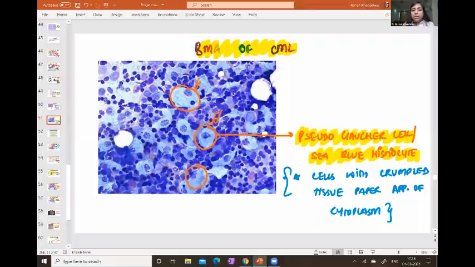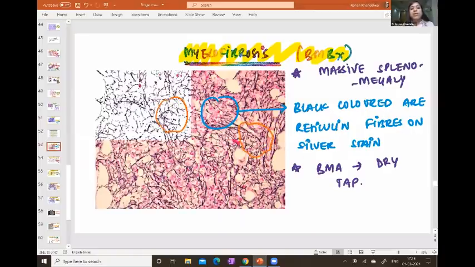Next, now in this image, this is a bone marrow biopsy. Can you see these black colored fibers which are there? These black colored fibers are actually reticulin fibers, which are seen in a patient of myelofibrosis, right? The reticulin fibers seen in case of myelofibrosis, right? They are black colored fibers. And what stain do we use? We use the reticulin stain. Anything which is stained with reticulin is black in color. That is why you see these fibers which are black in color.